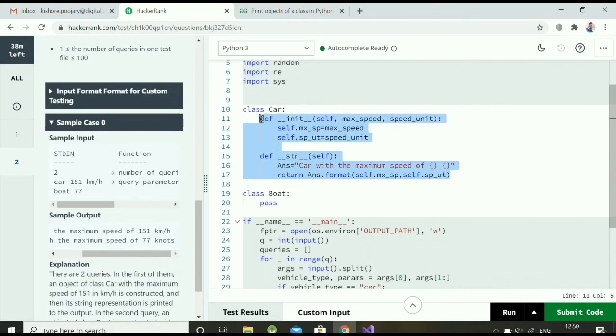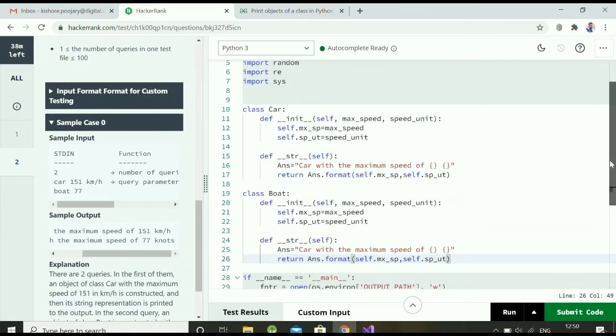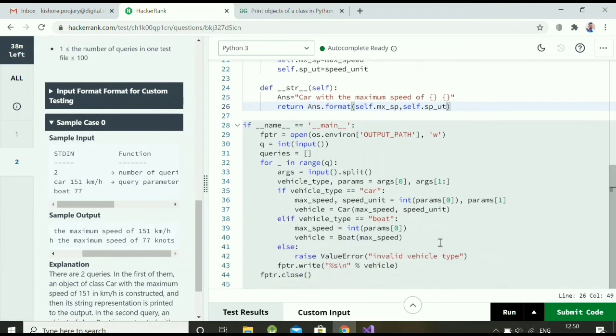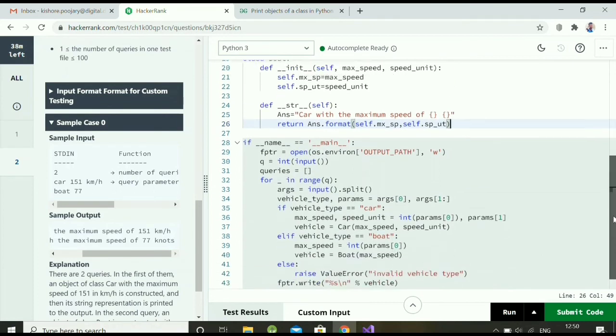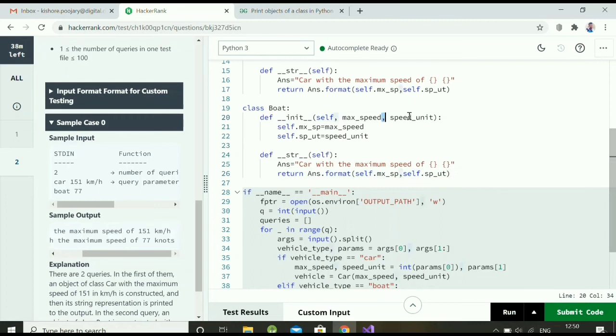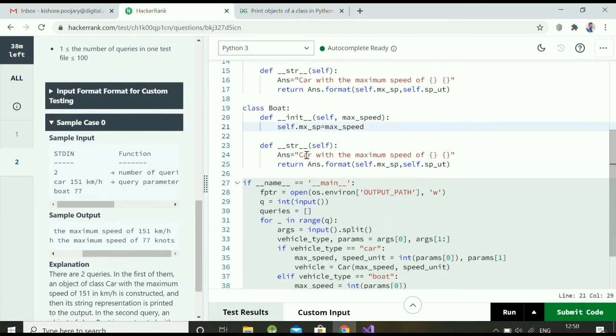The same code will be copied to the next object, but the difference is that this constructor is taking only one parameter, so we need to pass only one parameter, not two. So I am removing maximum speed and removing this line also, because we don't have that line.